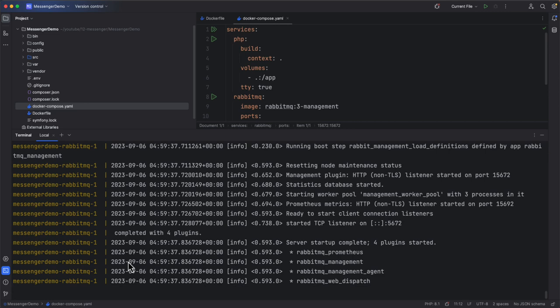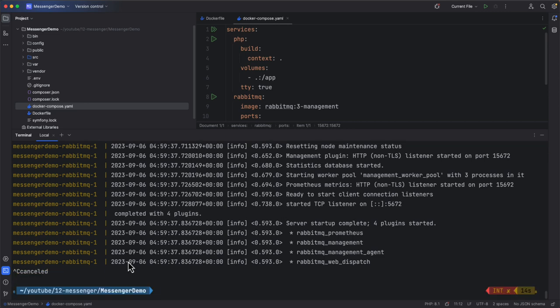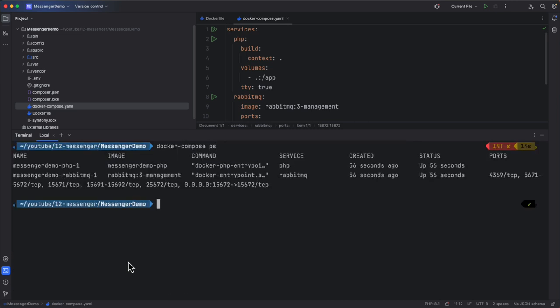To be able to verify more the status, we can do docker compose ps, and that will show us all the services running. So here I'm having my PHP service running. It's been up for almost a minute, and then RabbitMQ as well. So we are good for our services. We have 2 containers running. The first one is running PHP version 8 with the good extension, which is AMQP, and then the second container